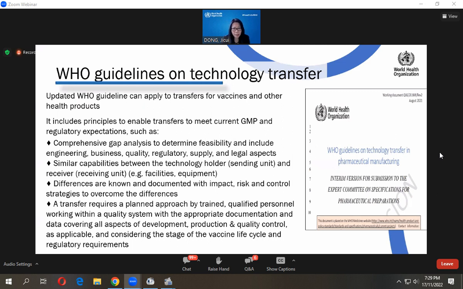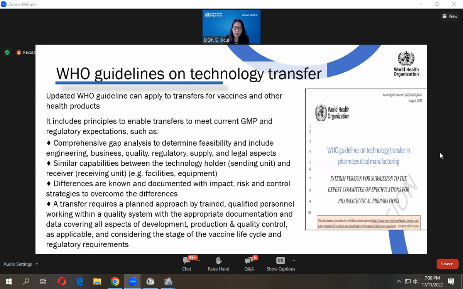There were so many initiatives on technology transfer, especially linked to the COVID-19 vaccines. So the LPA unit, my unit, took the lead and worked with experts to update this guideline. This updated version was adopted this year by our expert group, ECSPP. A new version will be published in the first quarter of next year after our EB. So in this guideline, they really focus on the principles to enable transfers to meet current GMP and regulatory expectations, such as